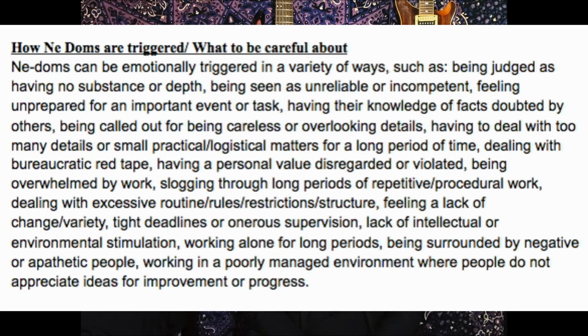Any DOMs can be emotionally triggered in a variety of ways, such as being judged as having no substance or depth, being seen as unreliable or incompetent, feeling unprepared for an important event or task, having their knowledge of facts doubted by others, being called out for being careless or overlooking details, having to deal with too many details or small, practical, logistical matters for a long period of time, dealing with bureaucratic red tape, having a personal value disregarded or violated,